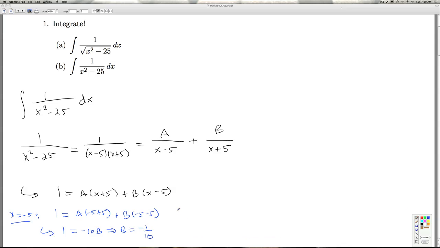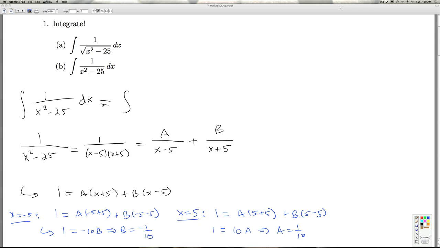I also look, and x equals +5 is a good one to plug in, because that'll make the second term zero out. So I get a is +1/10. So that means